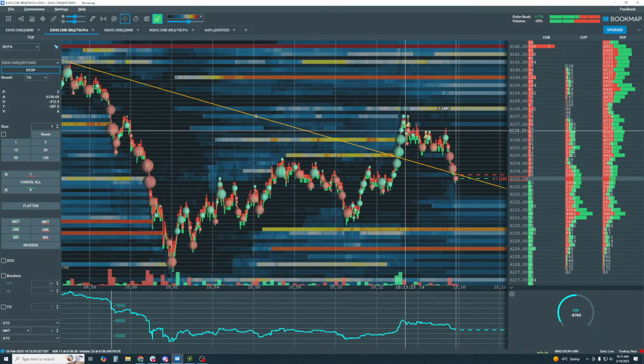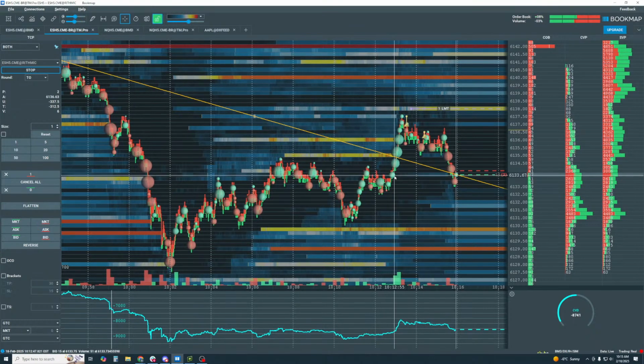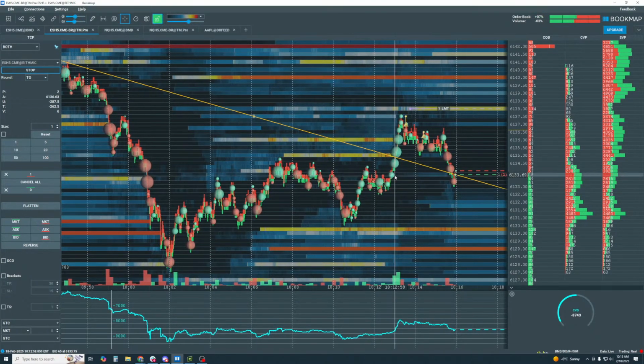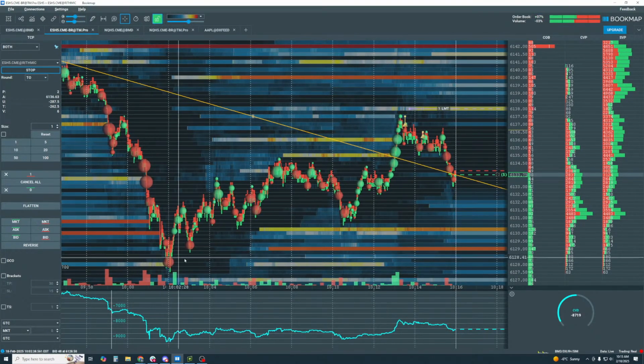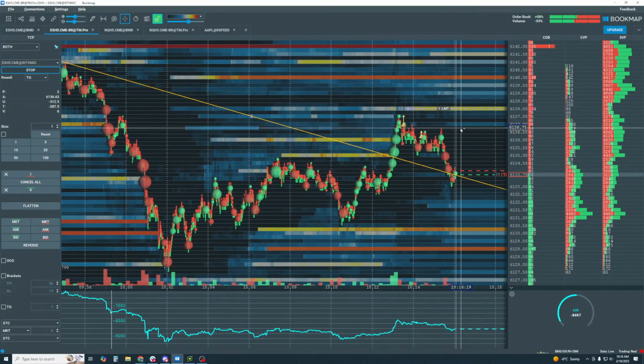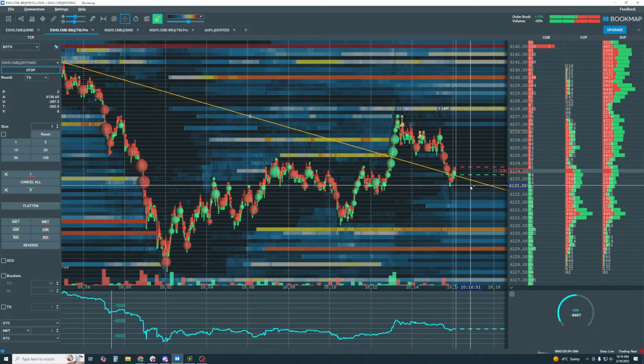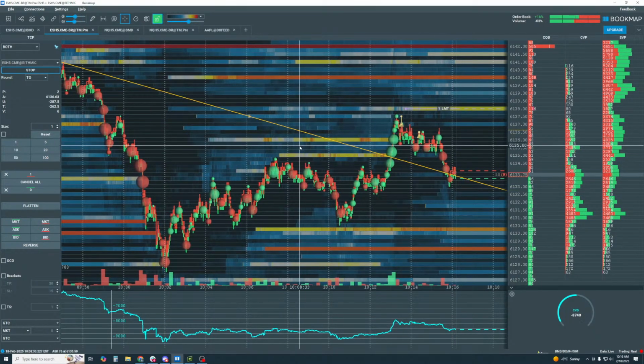Maybe this is a false breakout here. That's fine. I'm still looking for buyers to support it here, and upend any of the selling in here with maybe a move higher. All right, so we shall see.